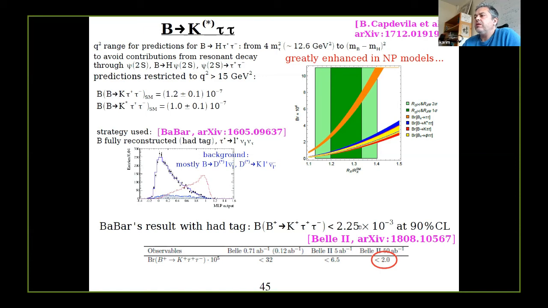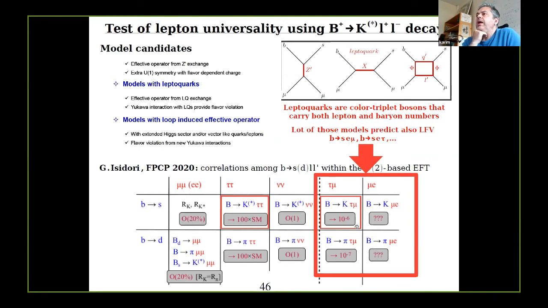So there is some interest in measuring the branching ratio at this level if possible. And so I was talking about these leptoquarks. These leptoquarks, on top of predicting enhancement for B to K tau tau, which is 100 times larger than the standard model or more,